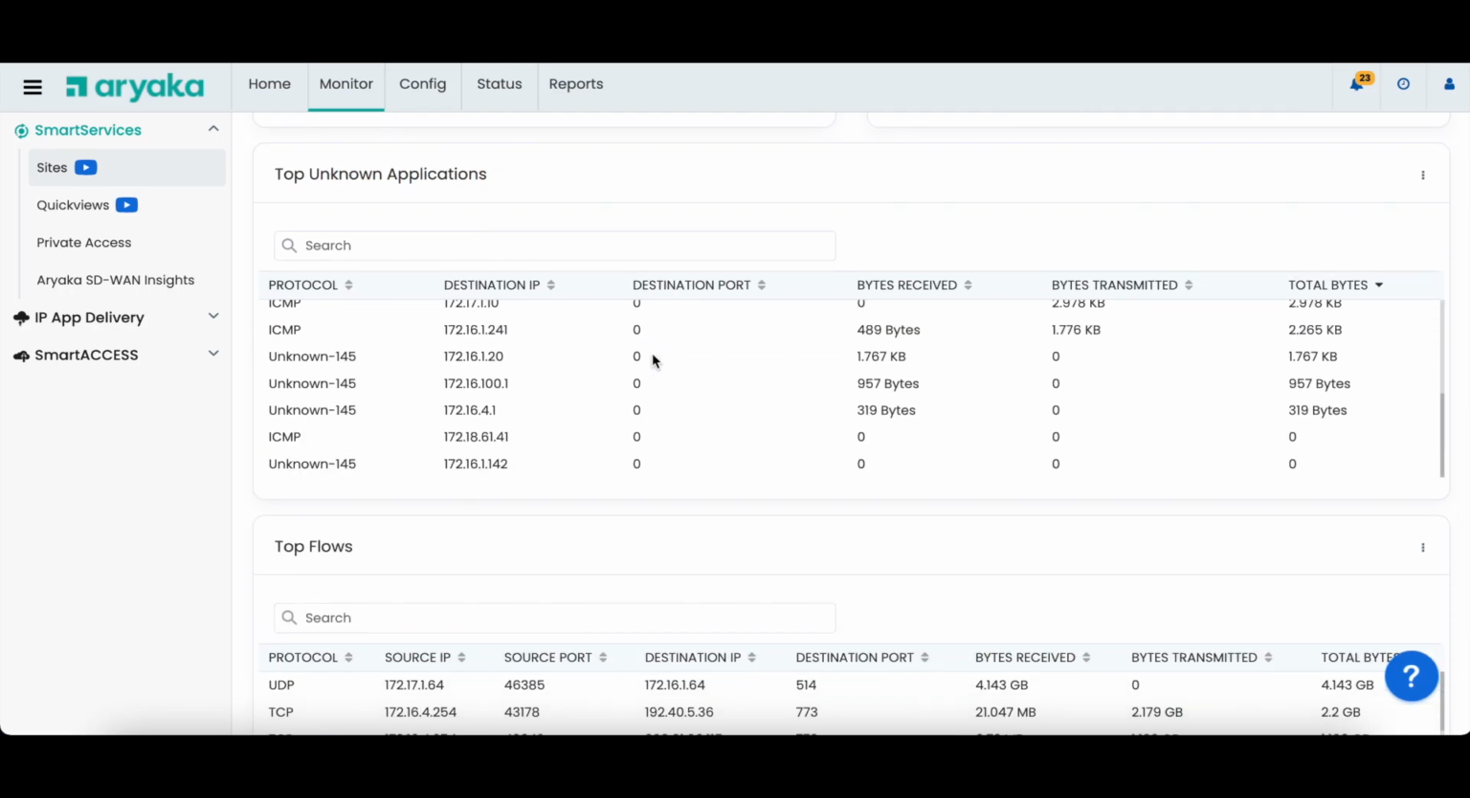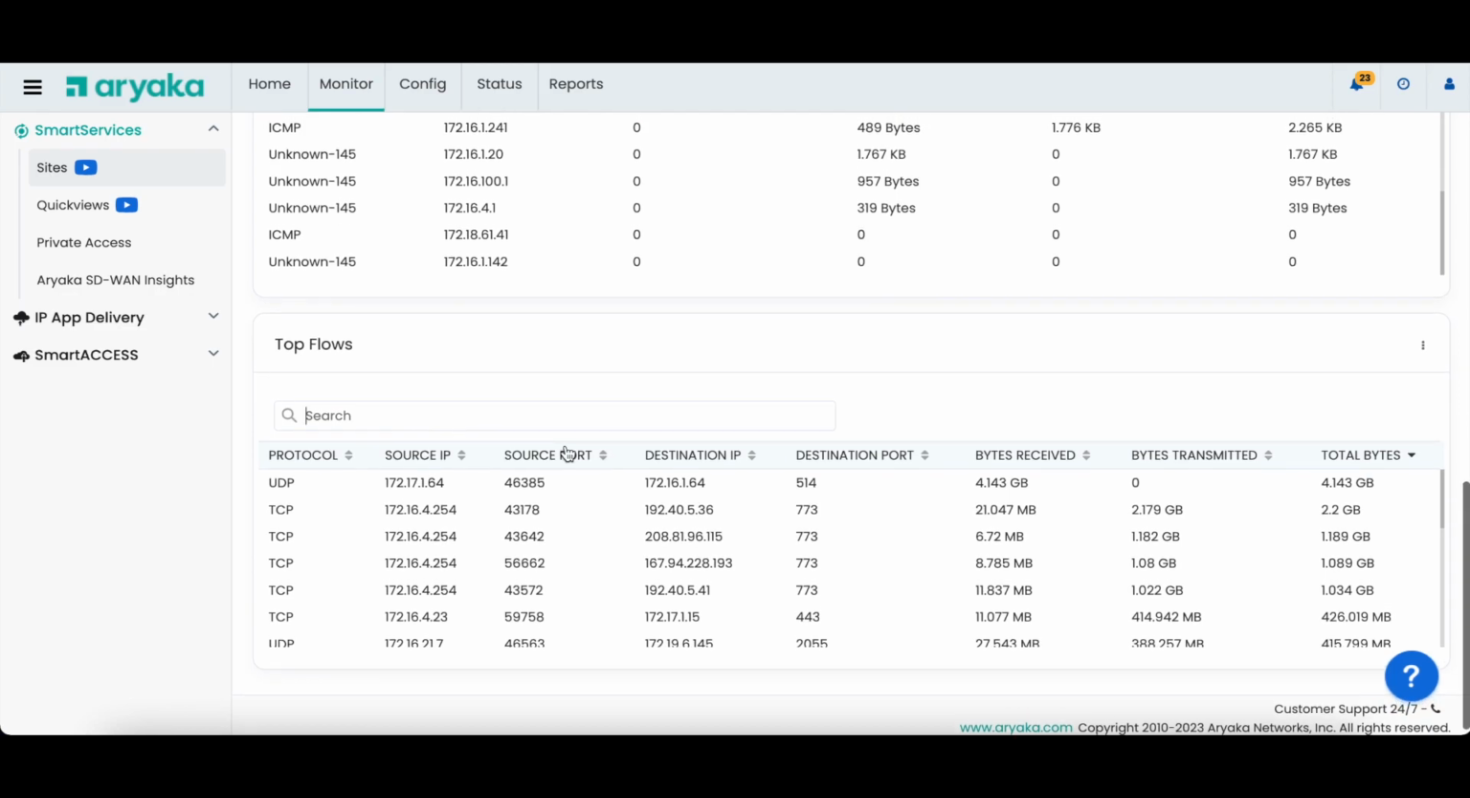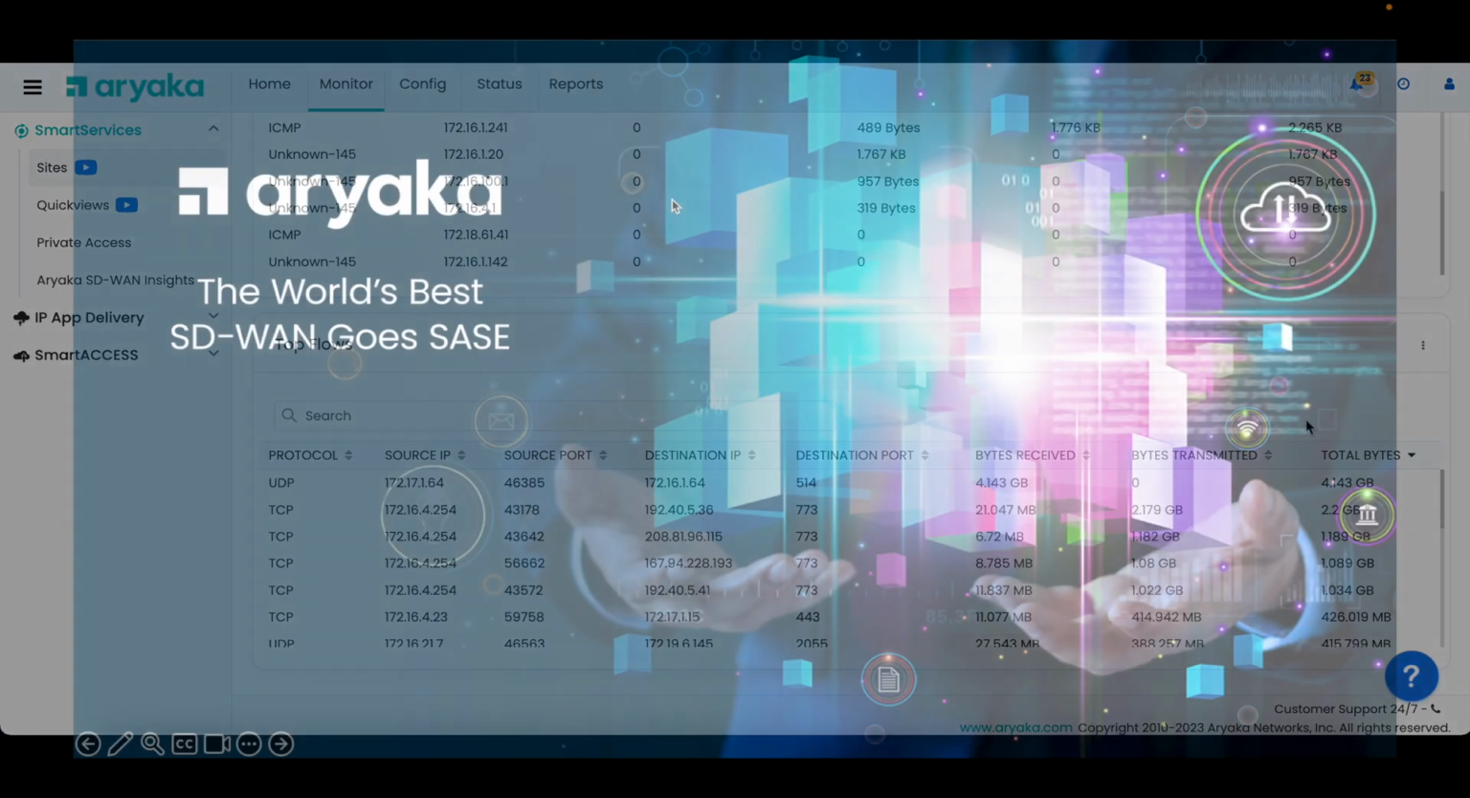Top Flows shows you the client and server pair traffic in order of utilization. It shows details such as protocol, source IP, source port, destination IP and port, and the total bytes transferred over this connection. The Flows tab in Quick Links bar can be used to view connection details between two specific site